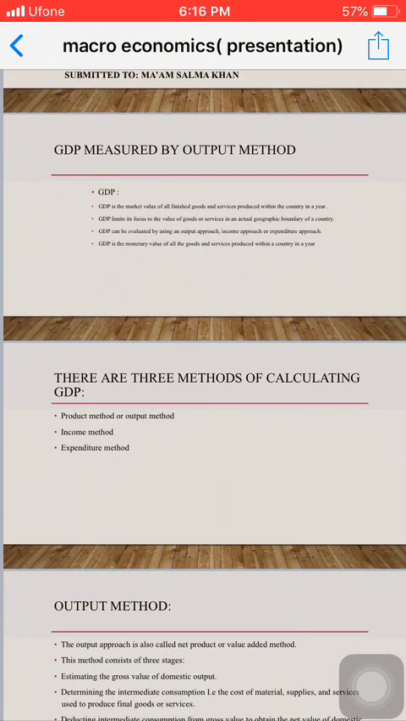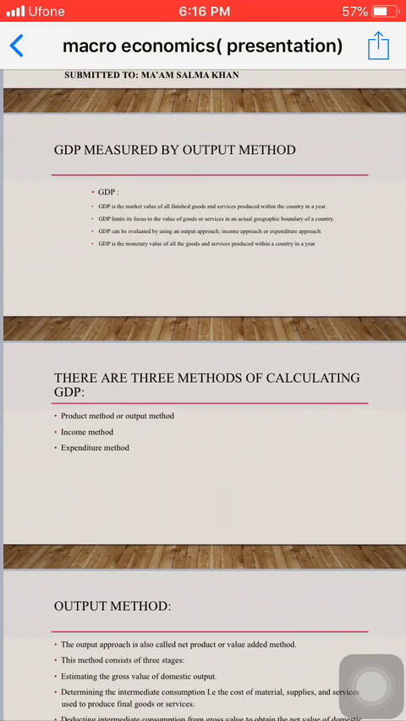GDP can be determined by summing up national income and adjusting for depreciation, taxes, and subsidies. GDP can be determined in two ways, both of which in principle give the same result. GDP limits its focus to the value of goods or services in the actual geographic boundary of a country, where GNP is focused on the value of goods or services specifically attributable to citizens or nationality, regardless of where the